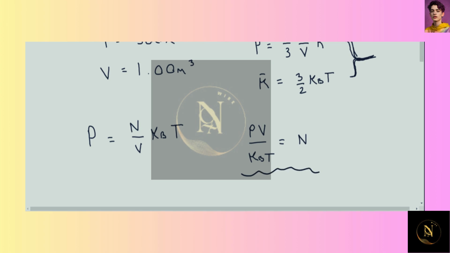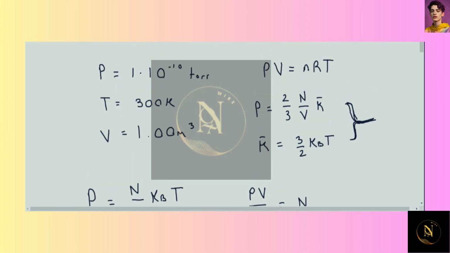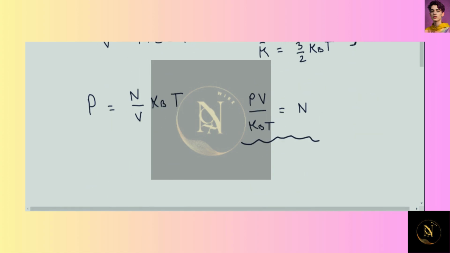So now if we just look at our units here and make sure we're good to go before we calculate, we'll want to convert the pressure, and everything else is fine after that. So we have 1 times 10 to the minus 10th torr, and there are about 133 pascals per torr. So those cancel out. We're just left with 133 times 10 to the minus 10th pascals. And we're at a point where we can just plug everything in. So if we do that,